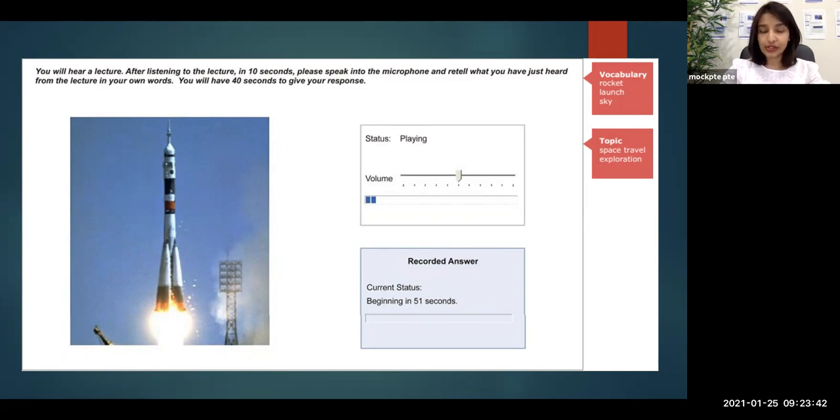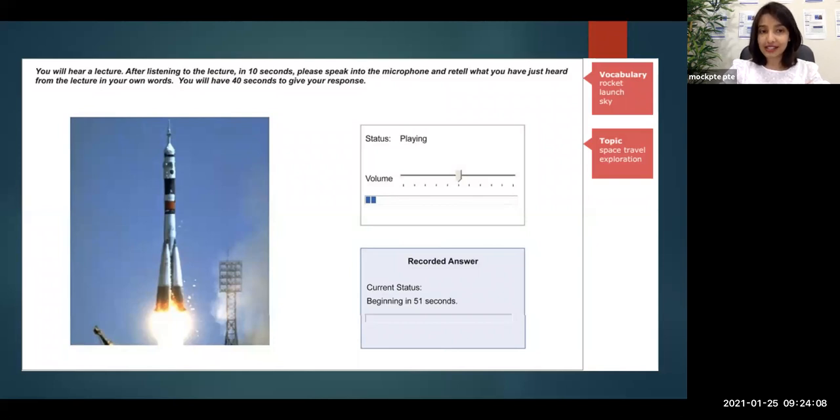So while you listen to the audio, you can take down notes during the exam. Because when you go to the exam center itself, they'll be providing you with a notebook and pen. You're allowed to take down notes whenever you want until the exam is over. So when you listen to this lecture, do not think that you will be able to remember everything that you heard. So always make sure to take down notes. And once the audio is over, you get a gap of 10 seconds to prepare yourself to speak.